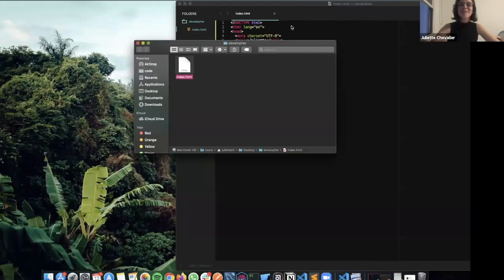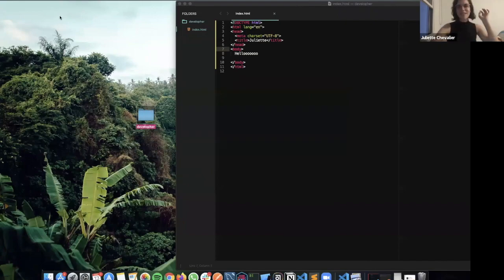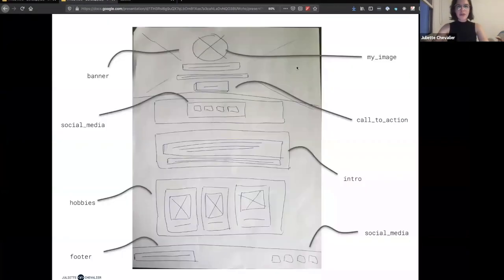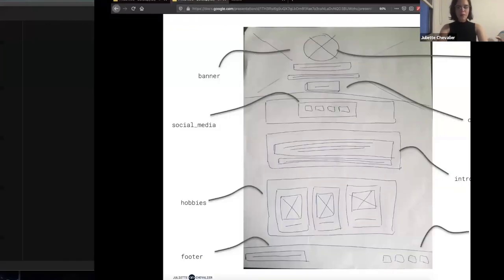Now let's do something a bit more funky, right? We said we were going to add in an image, we were going to add in a title, we were going to add all sorts of stuff. So let's start dissecting that code. Now, what I always like to do first is just build my structure without any values, without any important information, just building my walls and my columns so that I know where to add stuff before it's too late. So the first thing we're going to do, if you remember our picture from before, which I have here, is add an image and a name and a button, right? So I'll make an image tag.